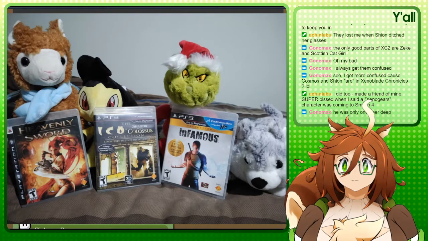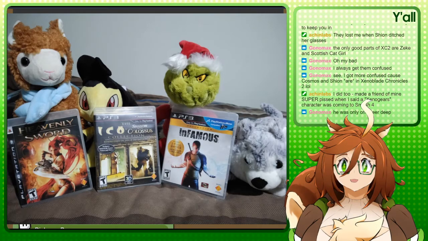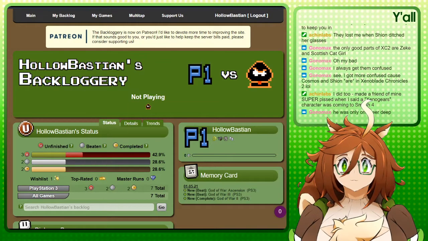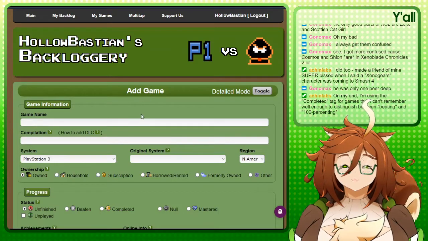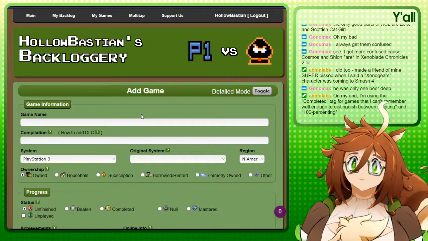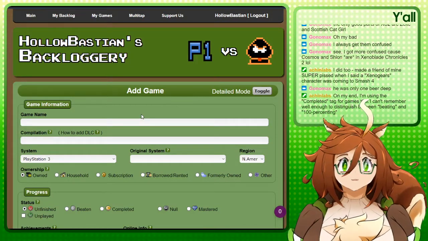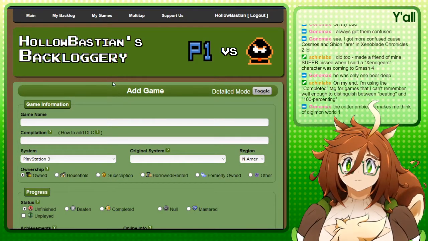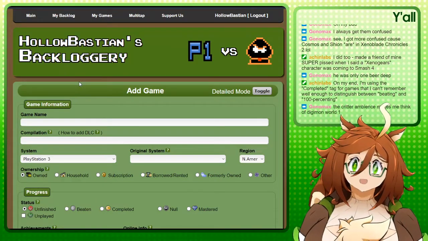Okay, so let me get the... where is it? There. Okay. So, Heavenly Sword was made by Ninja Theory, and you might nowadays know Ninja Theory for Hellblade: Senua's Sacrifice and its upcoming sequel. But they have been making those kinds of games for quite a while. But their first game was actually...